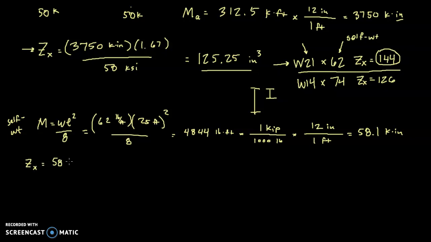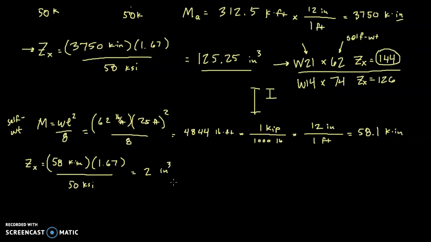That's the additional moment caused by the self-weight, 58 kip inches, multiplied by the factor of safety of 1.67, divided by the yield stress of 50 KSI. So that is 58 times 1.67 divided by 50, which equals only 1.9. Even if I round that up to 2